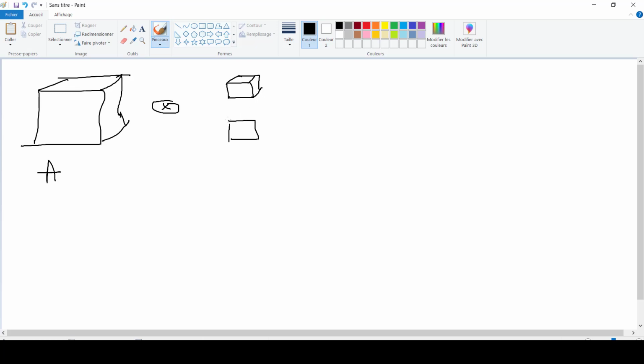This is the first one, and this is the second one. We have the convolution of these two, and it's going to have as a result this output here.